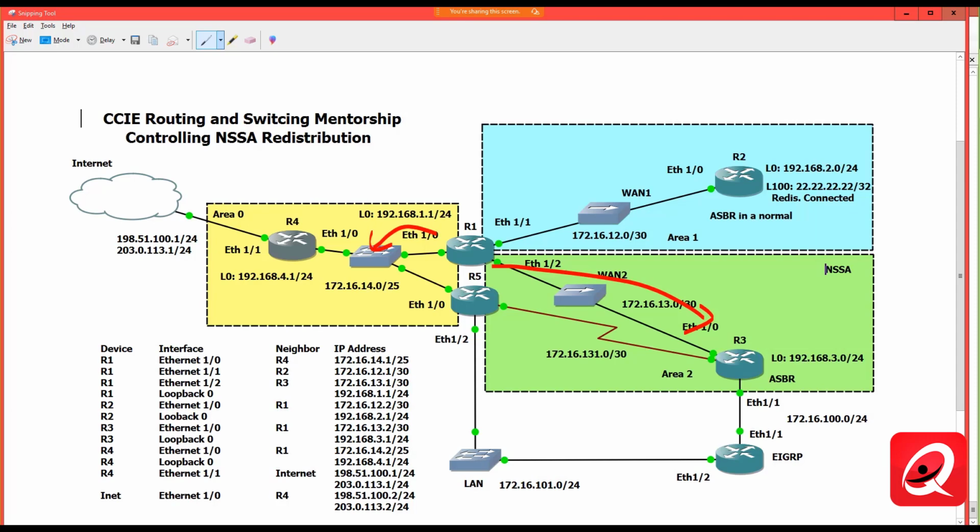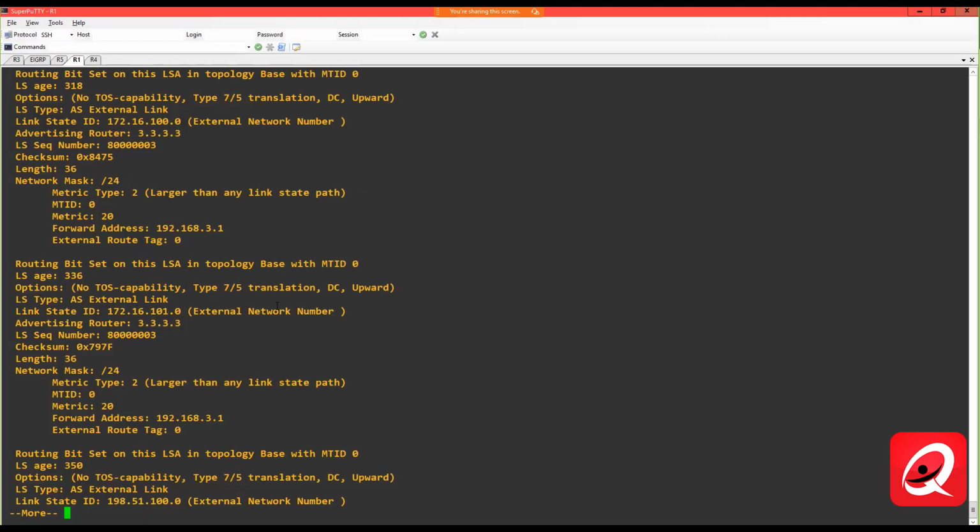We would have to use a type 4 to recurse to the type 5 to then get to the external network, because router 5 is going to be generating a type 4 in the area as well because it's an ASBR. If I go to router 1,